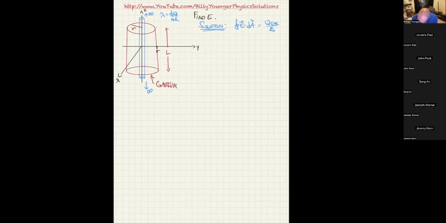And what I've done is I've chosen a Gaussian surface which is going to be closed. So I can't just imagine it's like our toilet paper roll. It's got to be the toilet paper roll with the cap on the top and the bottom. So it's more like a soup can, because otherwise it wouldn't be a closed surface. The other thing is I need all the surfaces to be perpendicular to the electric field or parallel, because if it's parallel, then I'll actually get a zero. So the left-hand side won't be a problem,